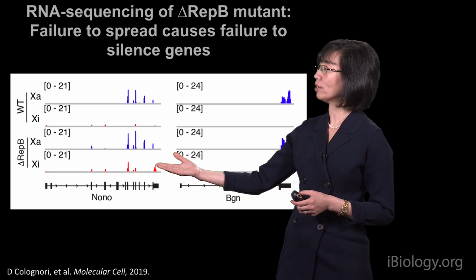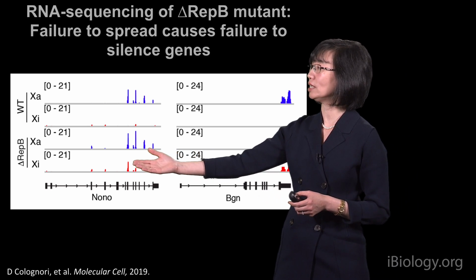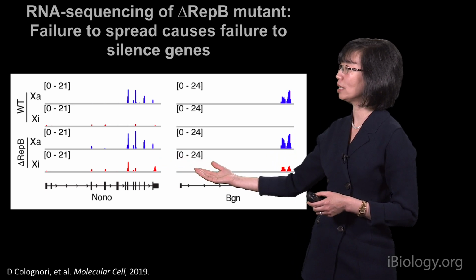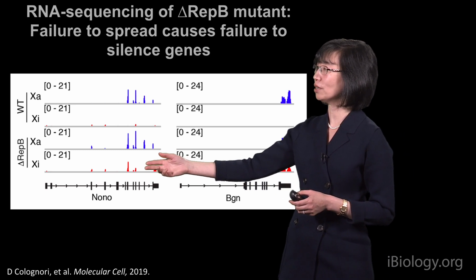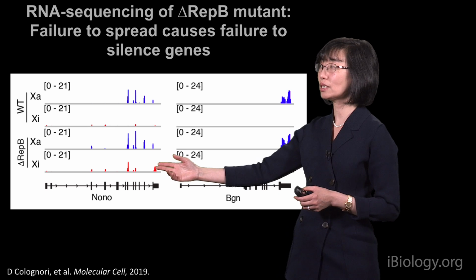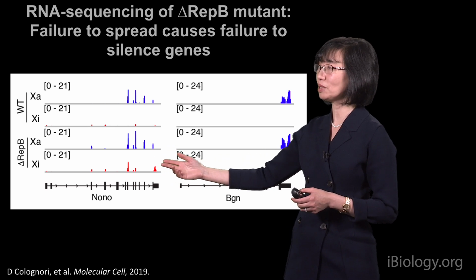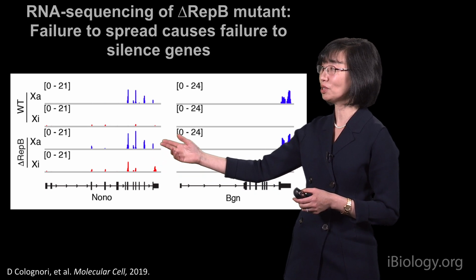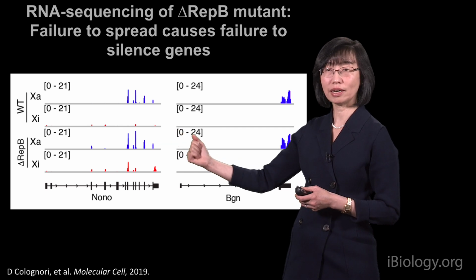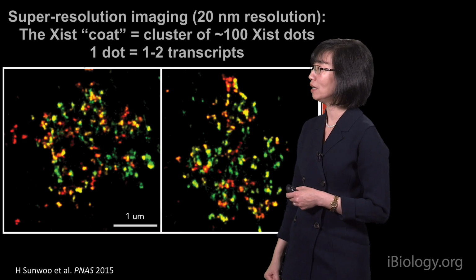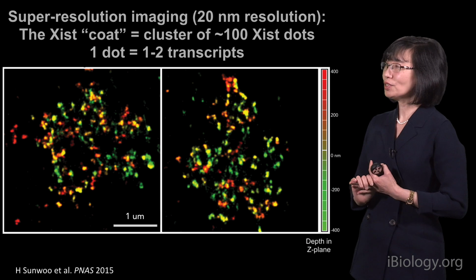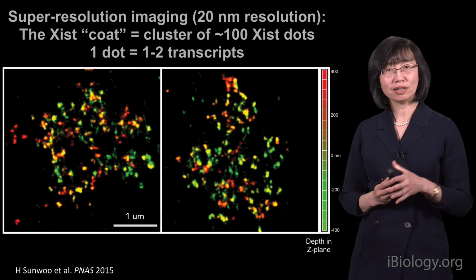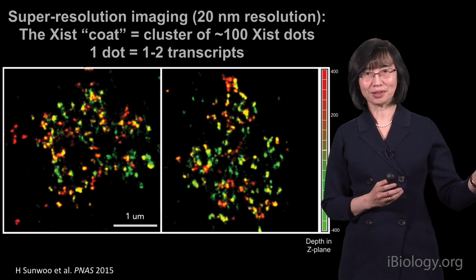So here, by RNA sequencing, you can see lots of activity still across these 2 representative genes, and the activity shown here is these little red tick marks. And there's almost as much activity on the inactive X chromosome as on the active X chromosome. Okay. So now, we've also come to understand, in spite of what I just showed you by CHART sequencing, that Xist covers the whole chromosome,